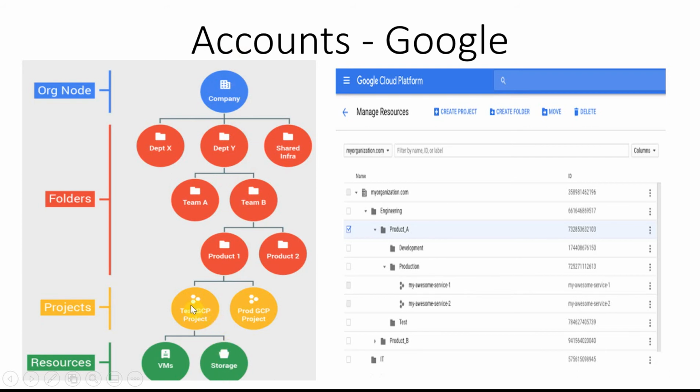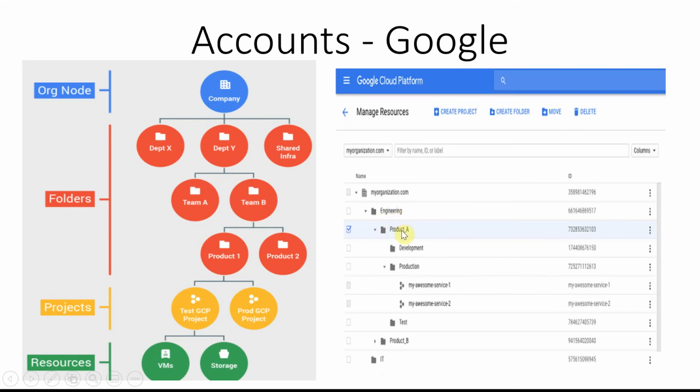Even more logical in our real time, right? So in a real world organization, on this side of this diagram, this is how the GCP console will look. The screen is a bit blurry, but I will just read it out. So my organization, which is this parent, this company, and under that, if you see, engineering, which is a folder,